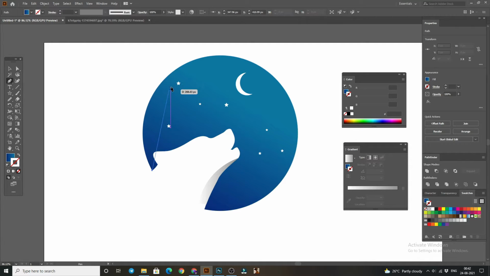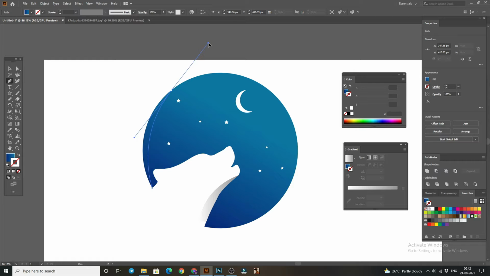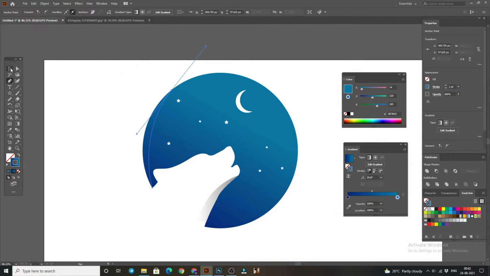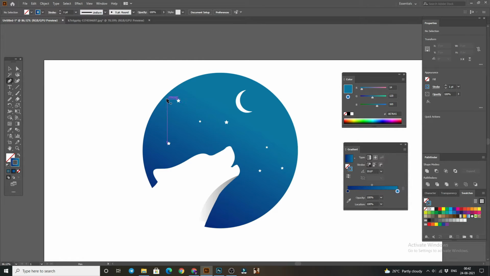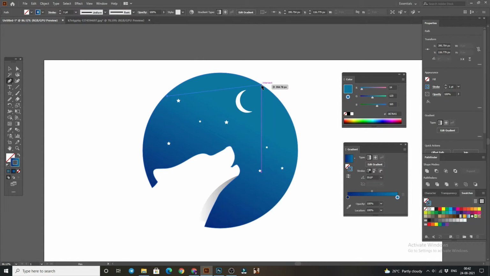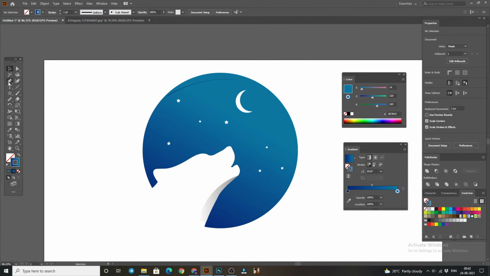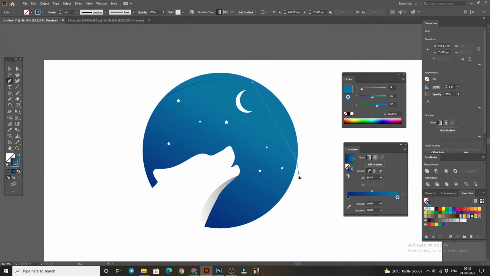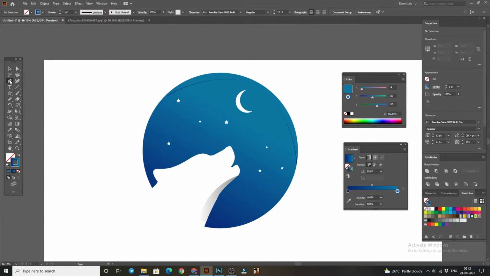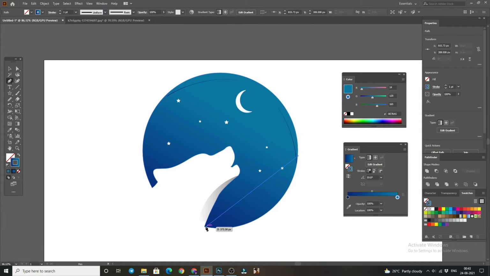So select the pen tool and drag from here to here, make it a stroke. Again select the pen tool and drag here to here, again select and make from here to here, again select and make from here to here.